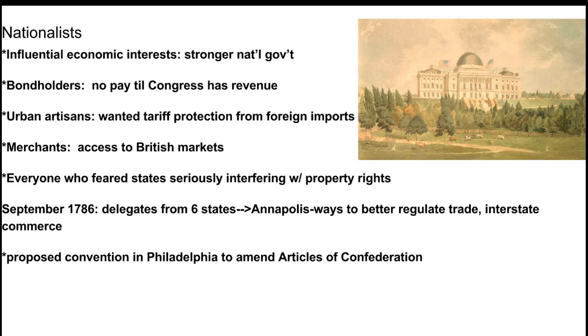The influential economic interests, meaning the business people in the Northeast particularly, wanted a stronger national government. They wanted stronger ties to Great Britain because of the economic relationships we had had with them before statehood. Back in the colonial days, they had this great bond with England economically, and they wanted to go back to that because England was going to be their biggest